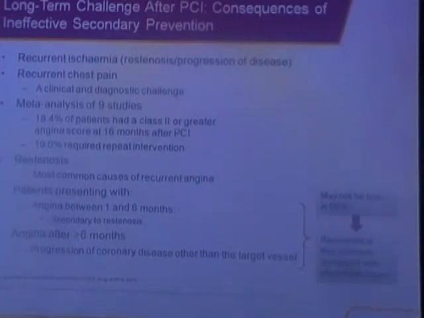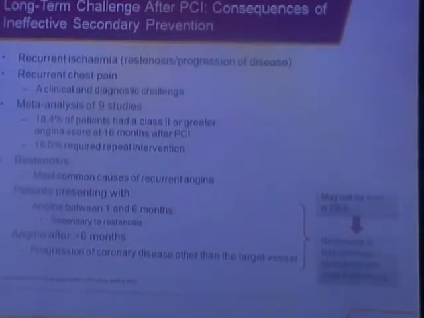Patients presenting with angina between 3 to 6 months, I would say, will be candidates who might have developed restenosis. If angina or recurrent chest pain occurs after 6 months, it is usually a new lesion coming up. Any patient post PCI presenting with ST elevation MI or any acute ischemia should always make you think about acute stent thrombosis. Some of these people might have stopped their dual antiplatelet drugs, or some problem might have been there during the initial procedure, which might have led to the stent thrombosis. Post 6 months, it may be progression of disease in the same vessel or in a different vessel.